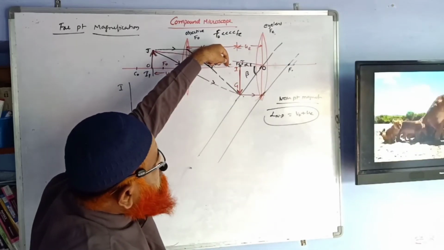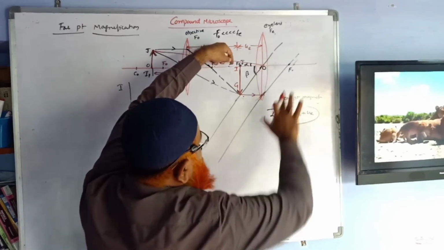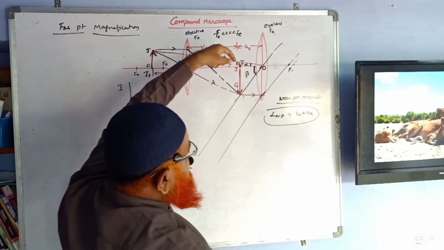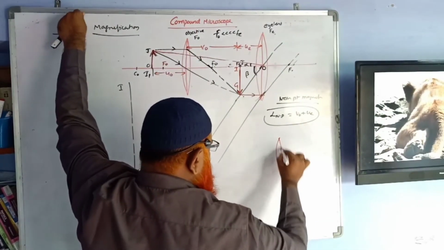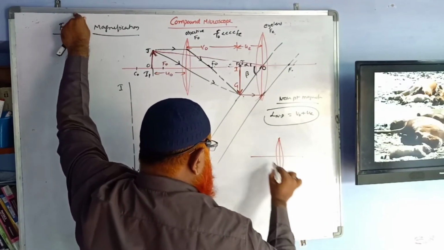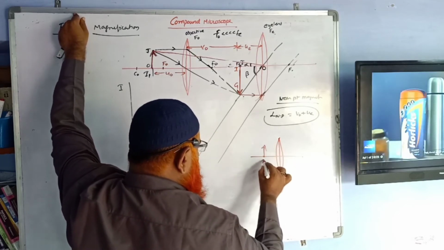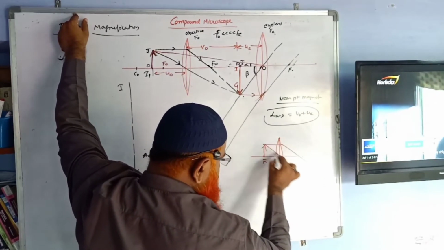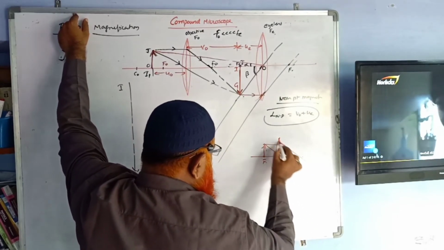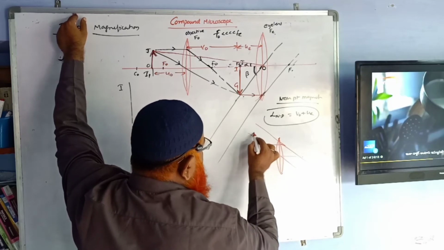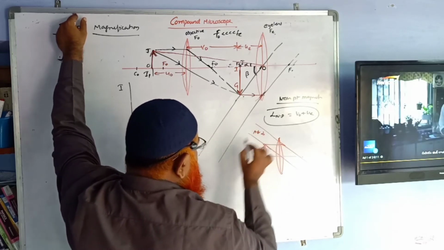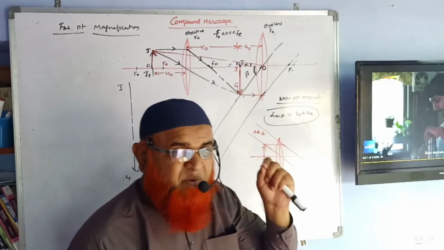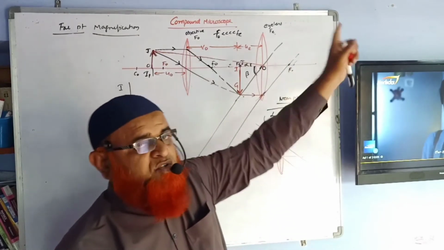So previously Fe was here. As you move this lens backward, then this image exactly falls on the principle of focus here. So you know that when the object exactly falls on the principle of focus, what happens? Parallel beam of light ray goes like this, and this goes like this. And what is going to happen here? You are getting final image at infinity. So this is the case where when object is placed exactly at focal point, final image goes to infinity.